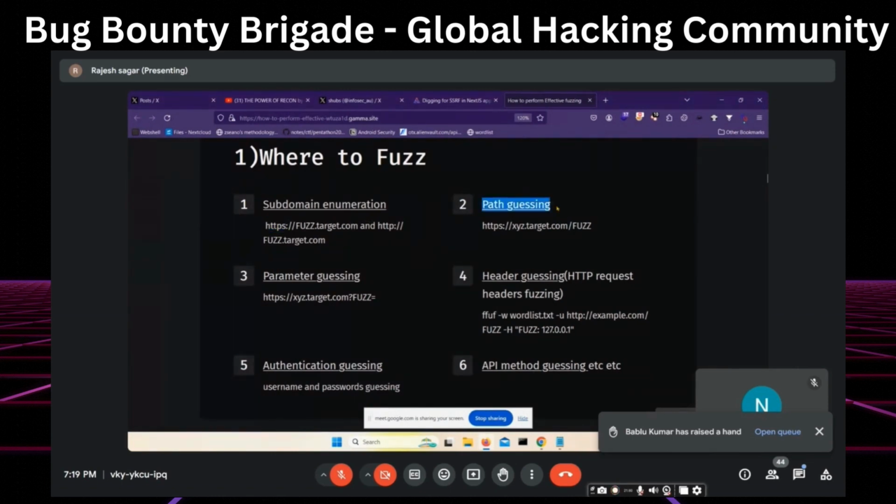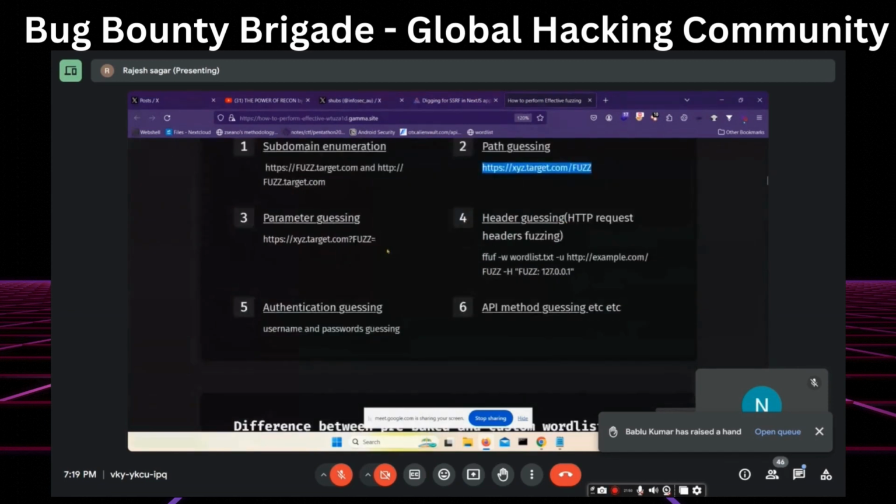Then path guessing. Most of them do this for fuzzing. The first default command that everyone uses is this only, nothing else. And parameter fuzzing, finding vulnerable parameters. This is the typical command, parameter equals. And header guessing. Header guessing is one of the craziest things. Most of them don't do this, because if you see